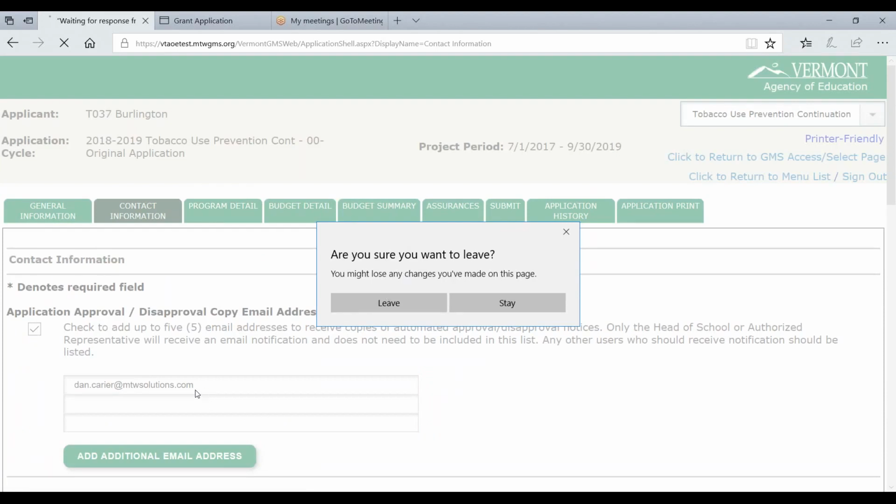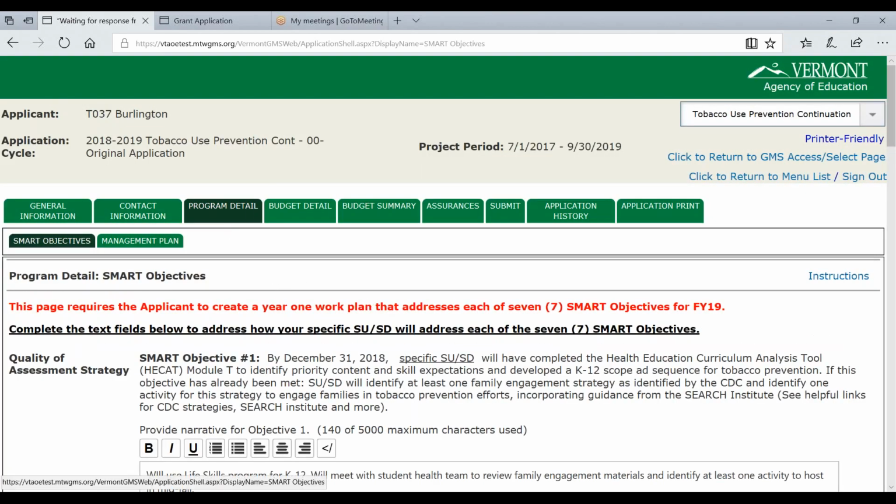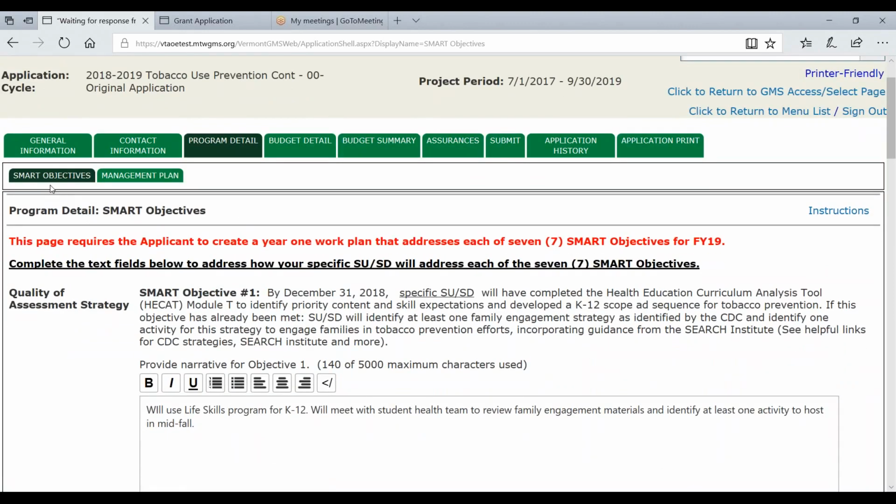I had entered an email address on the contact information page, but I never saved it, and so the system is saying, hey, you're about to lose what you typed because you didn't hit save, and for the purposes of this training session, that's fine. I'm going to click leave. Takes me over to program detail, but the program detail is broken down into two sub-tabs, Smart Objectives and Management